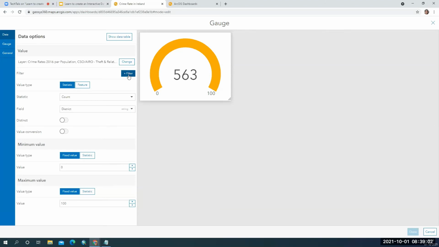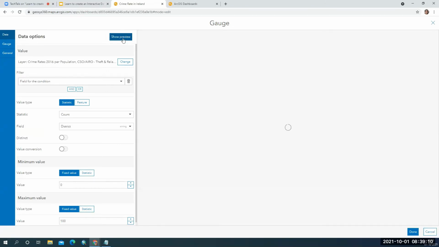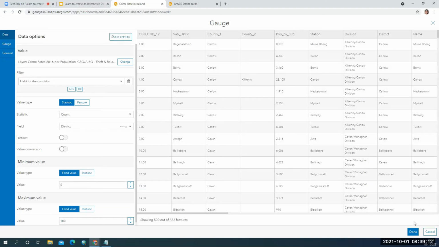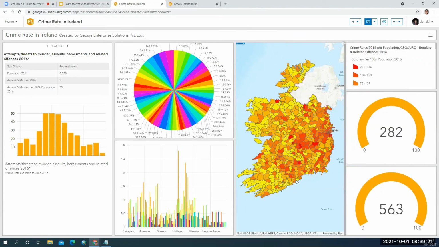And if you want to add some filters, yes, you can add filters based on the conditions and everything. If you want to see the tables, you can click on the table and on this information. Okay, so there are various other components which you can see and add.